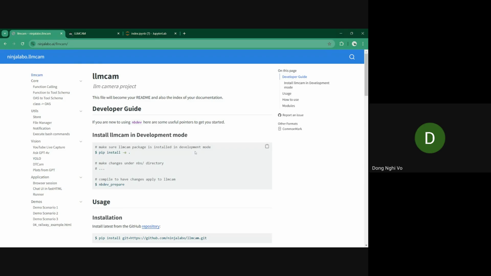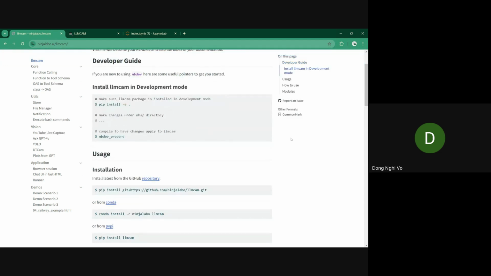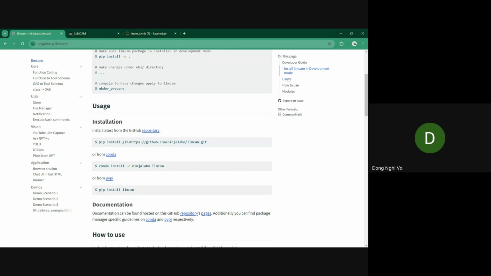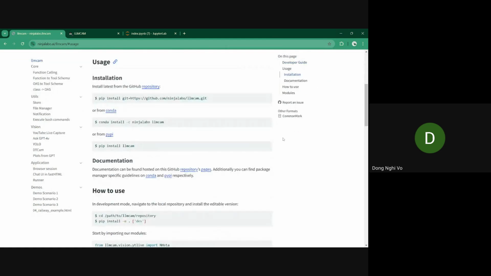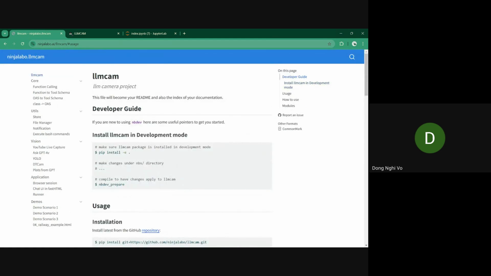So for today, I'm going to talk about LLMCAM, which is the project that utilizes GPT function calling to command the GPT to execute the functions that originally you need to code, or developers need to get involved. This is one of the resulting products. We have the documentation on this site here,